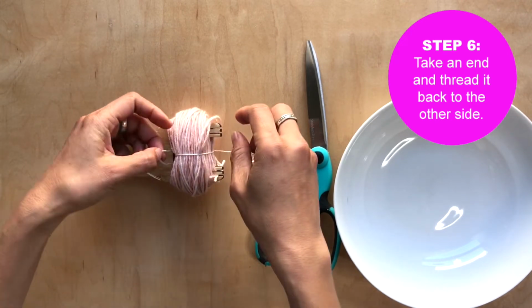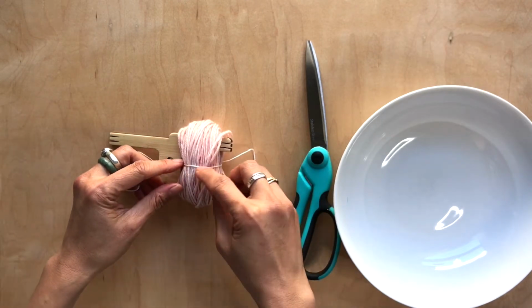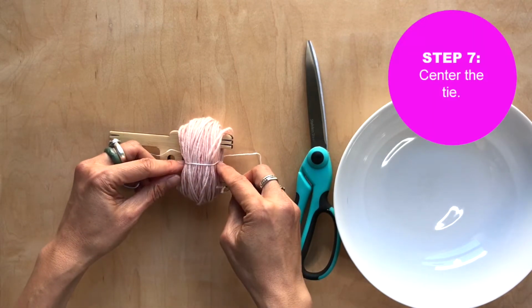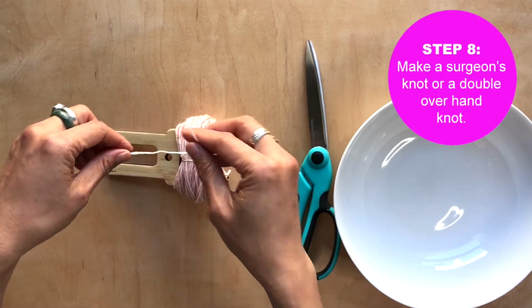Pull it through, and now it would look like this. This is an opportunity also, if this is not straight in the middle, just use your finger to adjust it. And now we're going to make the first kind of